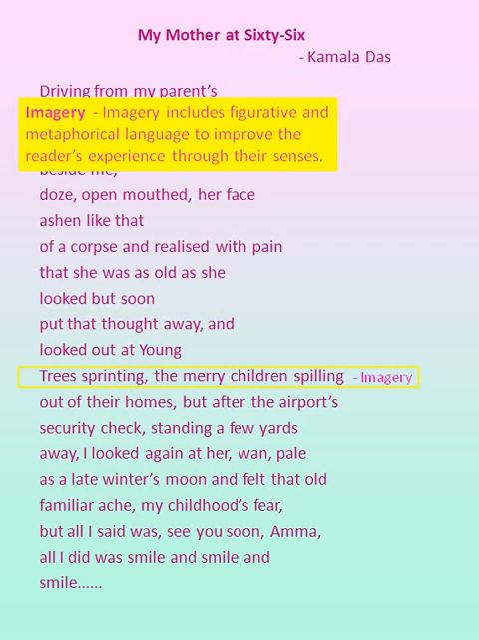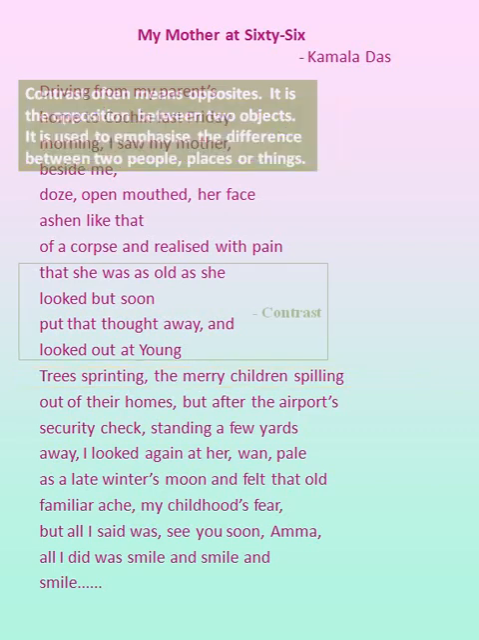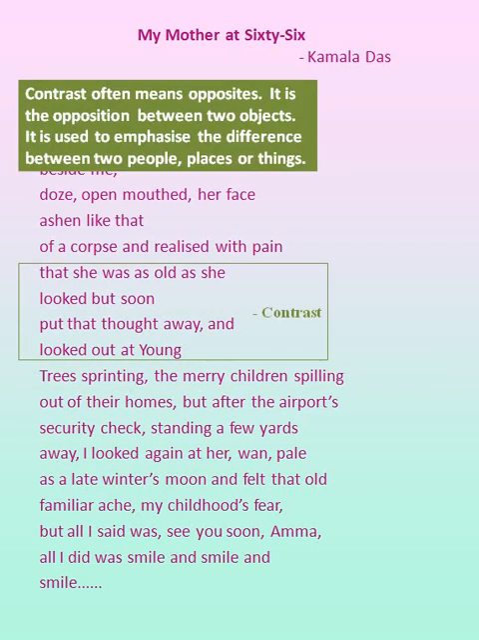Trees sprinting, the merry children spilling. Here the poet depicts the youthful and exuberant life of the children and evokes the visual senses of the readers, hence imagery. Contrast. Contrast often means opposites, and it is the opposition between two objects which is used to emphasize